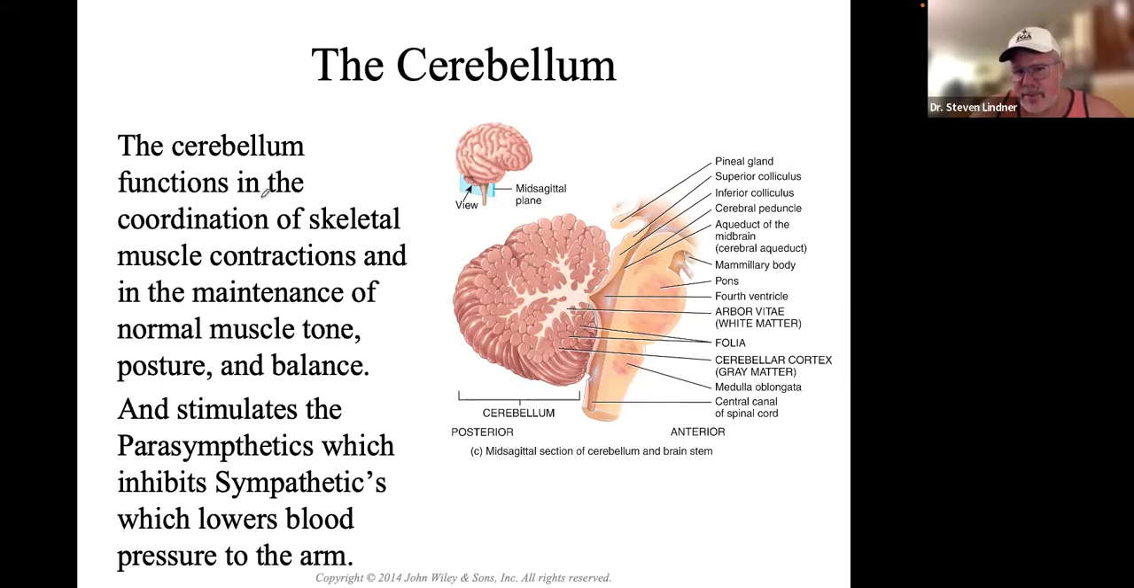So the cerebellum functions in the coordination of skeletal muscle contraction and in the maintenance of normal muscle tone, posture, and balance. It stimulates the parasympathetics, which inhibits the sympathetics, which can lower blood pressure to the arms. So this is something that's really important because when we look at blood pressure,